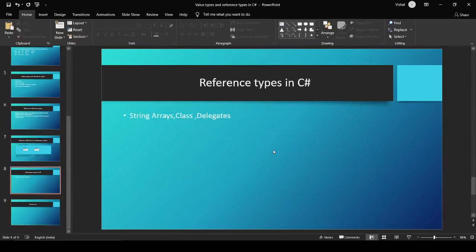So as I mentioned earlier, when we pass a value from one method to another, that value could be of reference type as well. And when you pass the reference type from one method to another method, the system does not create a copy of that variable. Instead, the system passes the reference of that variable to another method. So if you change the value of that variable in another method, that value will be reflected in the original method as well, which is completely opposite of value types.